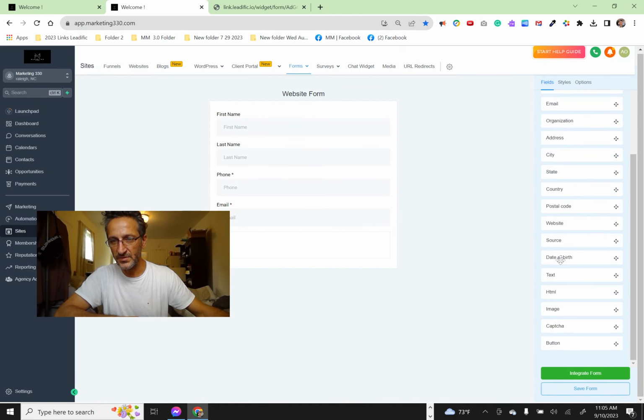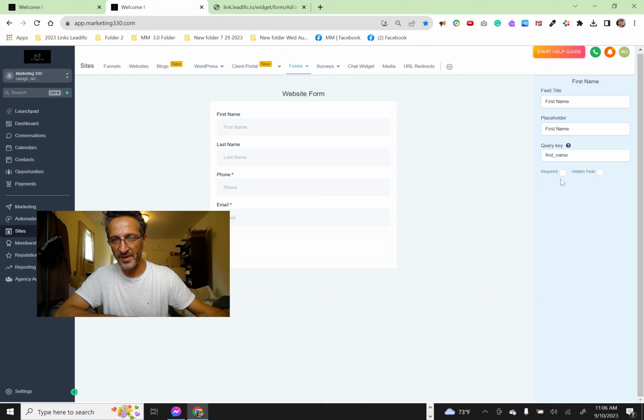One thing I like to do is add a captcha. Okay, so what do we got? First name, last name. You see how these don't have asterisks next to them over here? What you want to do is click on it right here and make it required, and click on the last name again and make it required, and the phone number and email address are required. But one thing I want to do here is